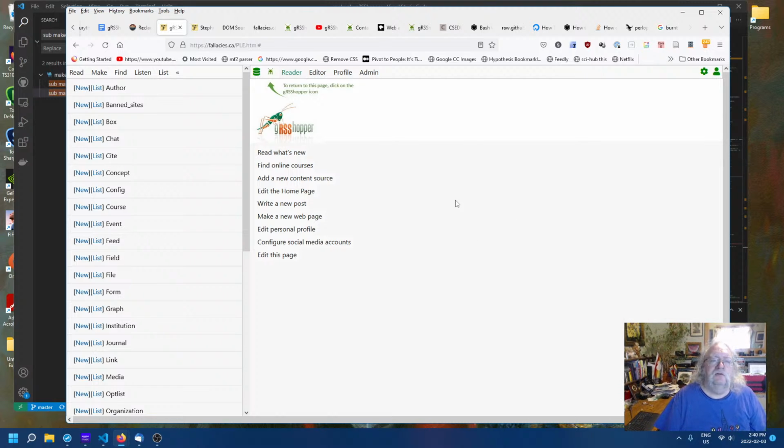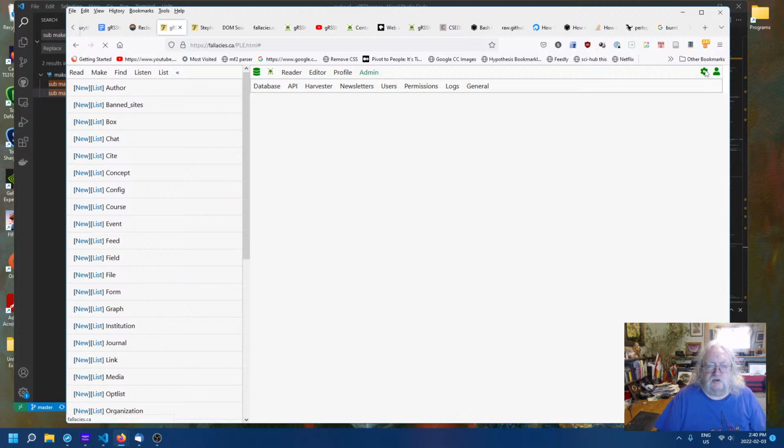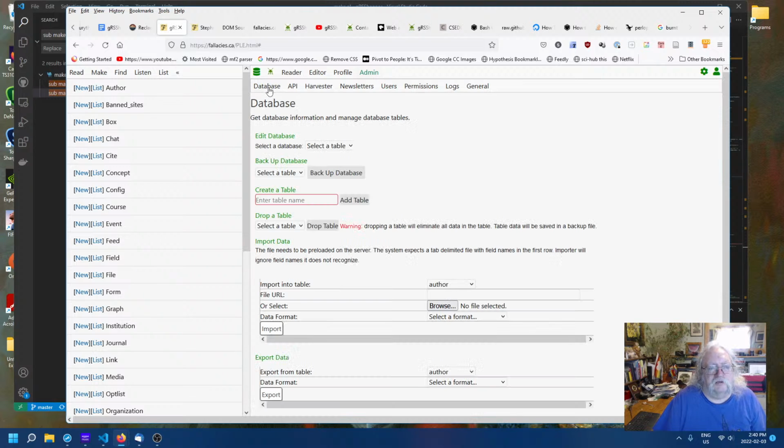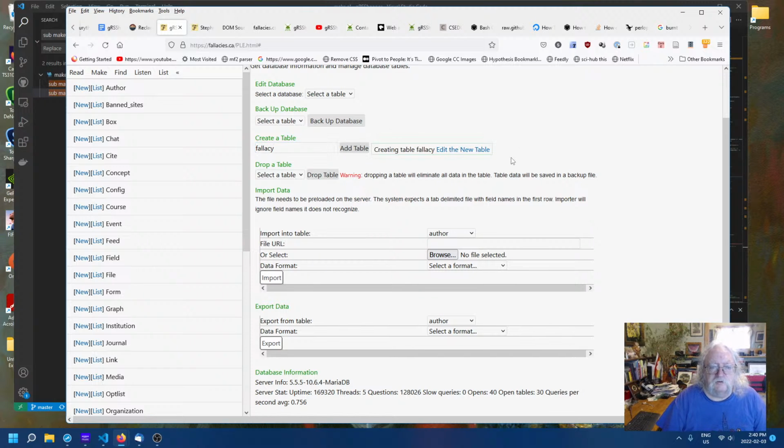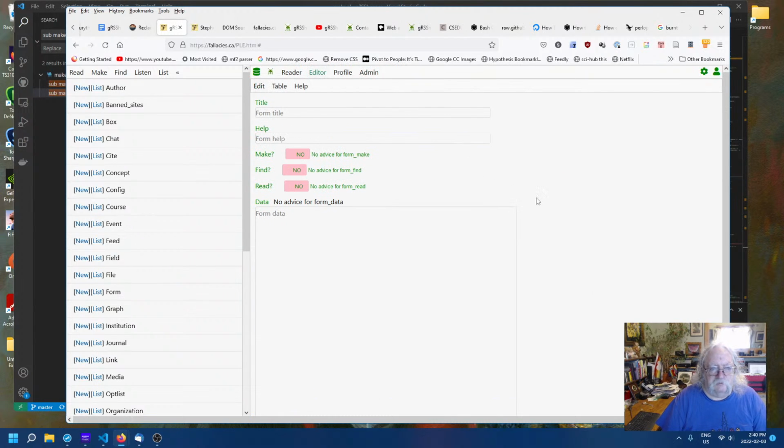So, how do I do that? How do I make that work? Well, I'm going to go into the admin screen and into database. There we go. And I'm going to create a table which I'm going to call fallacy. I tend to name my tables with the singular term rather than the plural. That's just the way I like it. You're not required to do it that way, but that's the way I like it. So I'm going to add the table,